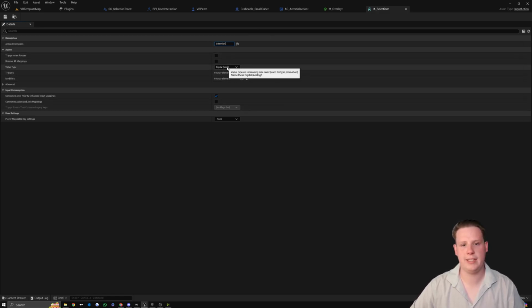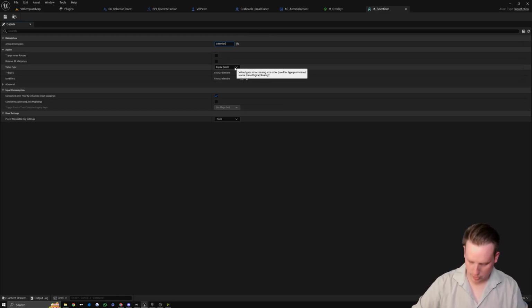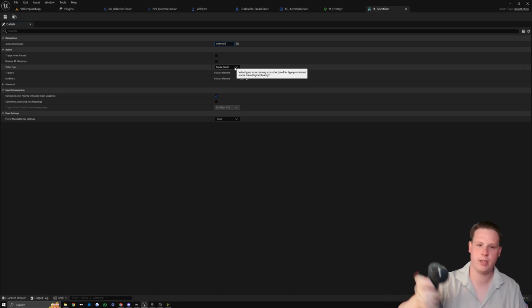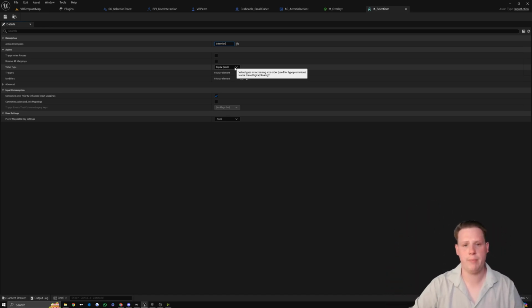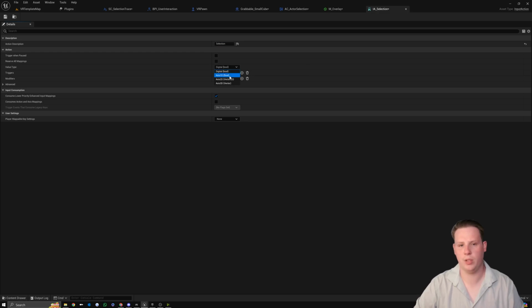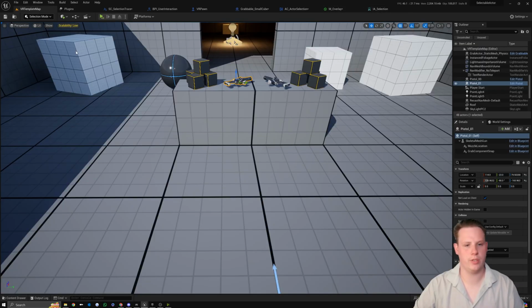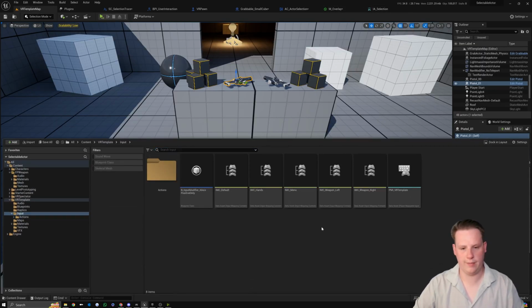Value type, I'm going to leave this as digital bool because I'm going to use the A and X button on my controllers. If you're doing a grip, what you might need to do is an axis float. It's entirely up to you. But for now, I'm just going to leave it as the digital bool. I'm going to hit save, and now what we can do is go back to our folder inside of input,